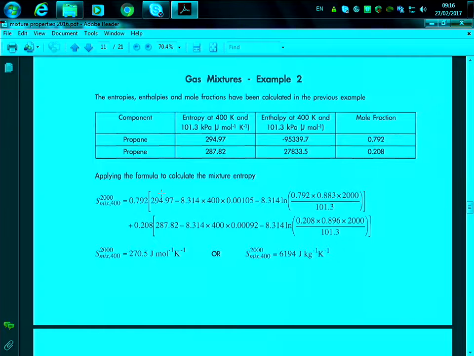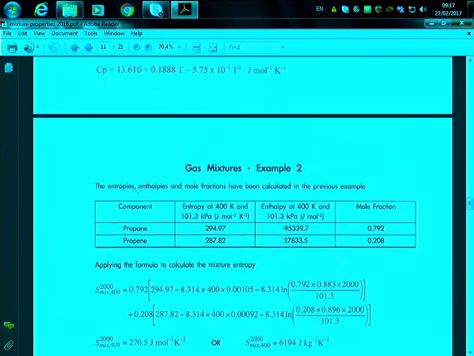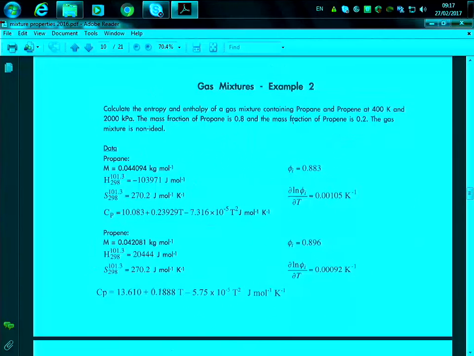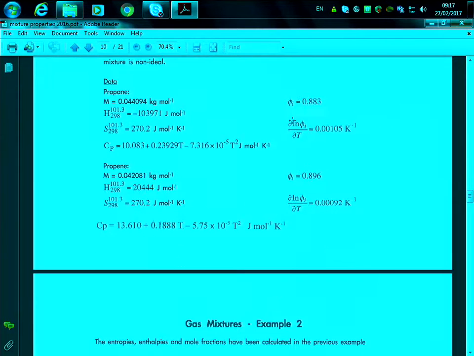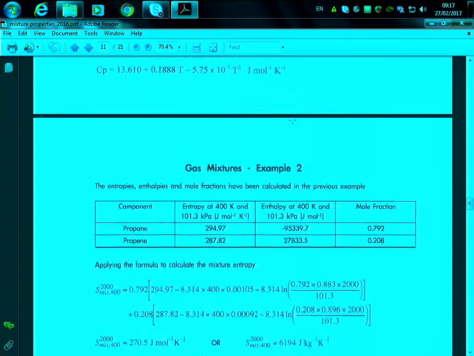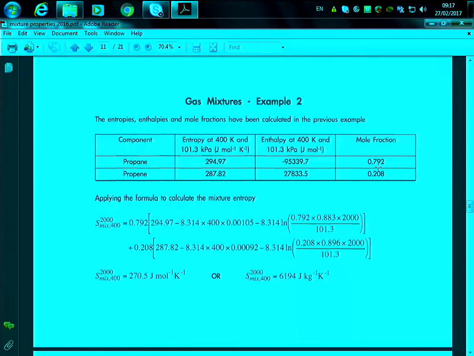Okay, so you can see that this part, 0.792, is the mole fraction. Right, here something that you have to check is that the first thing is that you were given a fraction which was a mass fraction, so you need to convert that to molar fraction, and that's how you use the molecular weight, right? So here this has been already calculated to molar fraction, okay,